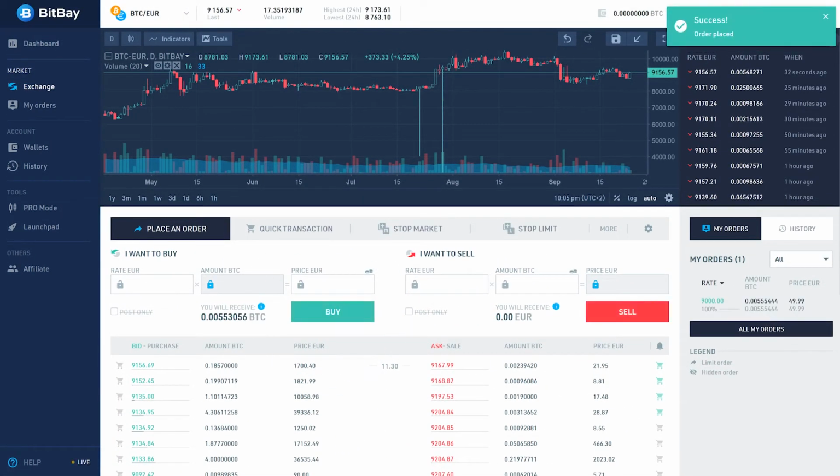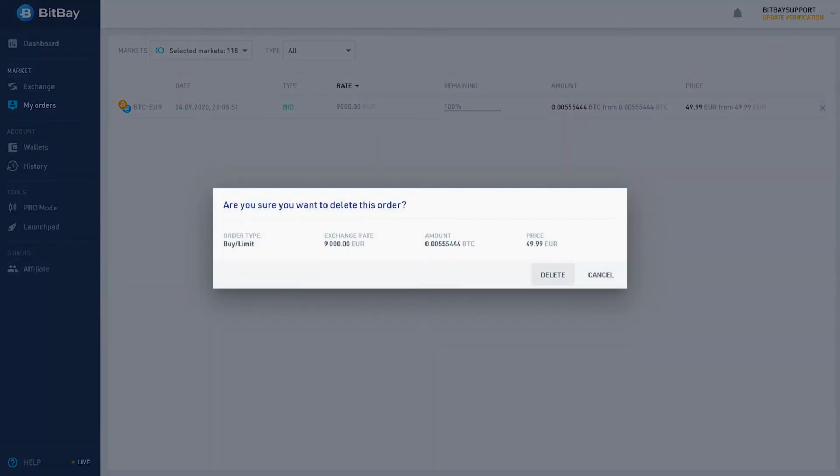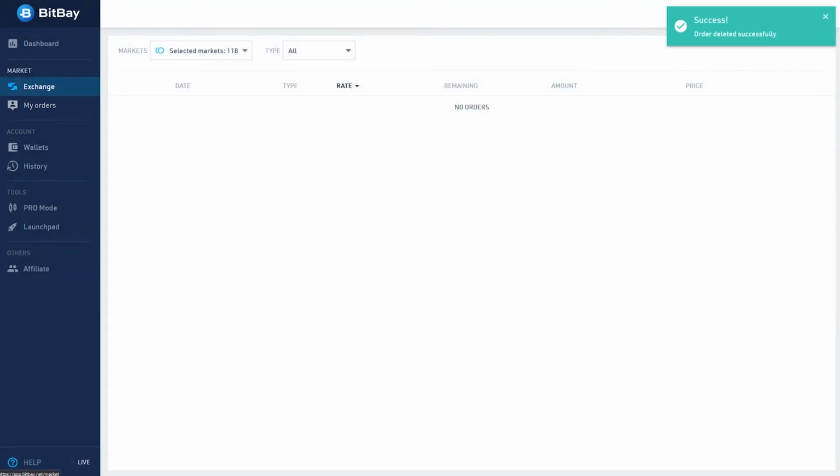Having clicked on Buy, your offer will be placed and added to the offers list, the order book. Placed offers are also to be found in the My Offers tab. If an offer at the same or better exchange rate than yours appears in the order book, your offer will be realized instantly and a taker fee will be charged.